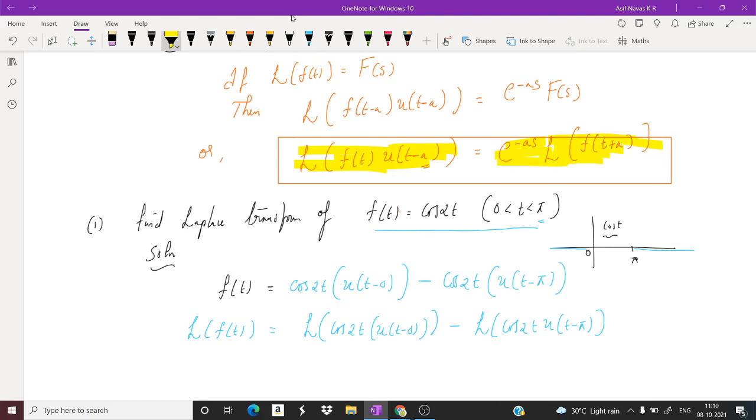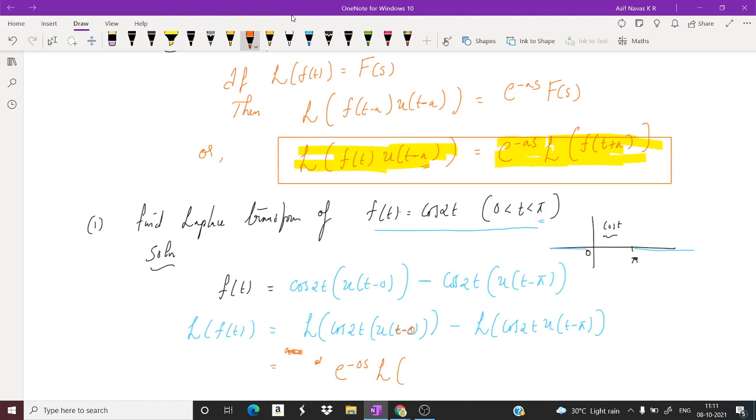L of f of t into u of t minus a is equal to e raised to minus a s times L of f of t plus a. So here, in the first case, what is a? Here a is 0, right? A is 0. So what is the Laplace transform of this? You can write e raised to minus 0 s into